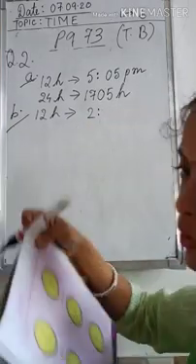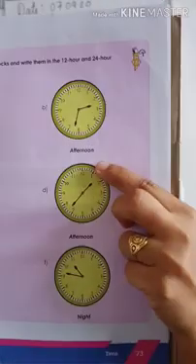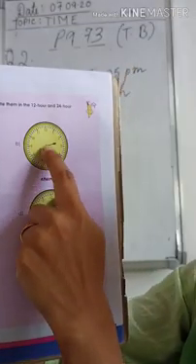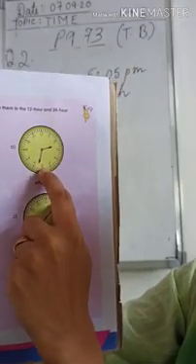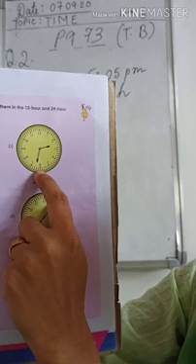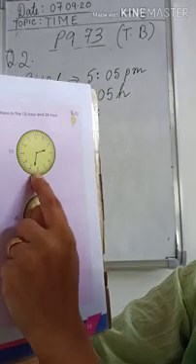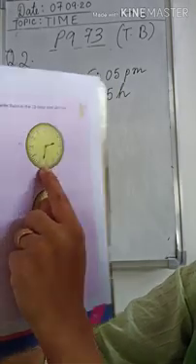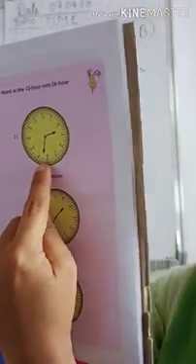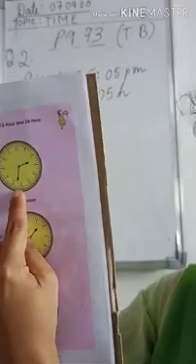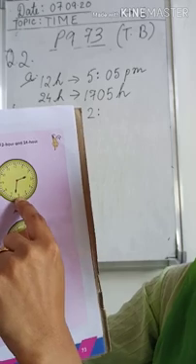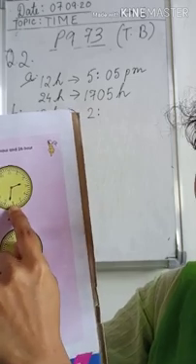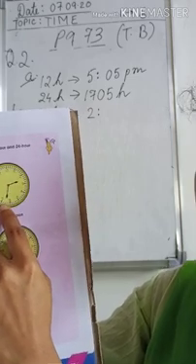So how many minutes have gone? You see your minute hand. It has crossed 6, and after 6, the first division, the second division. So it's touching the second one, isn't it? That means 2 minutes. Up to 6, how many minutes? 30, and then 2 minutes more. So it will be 36.